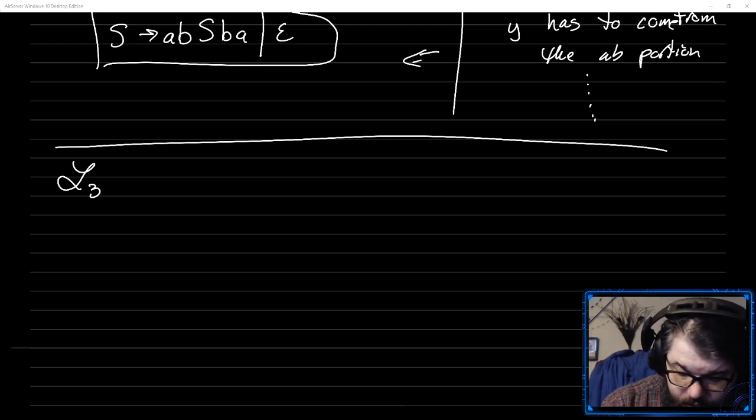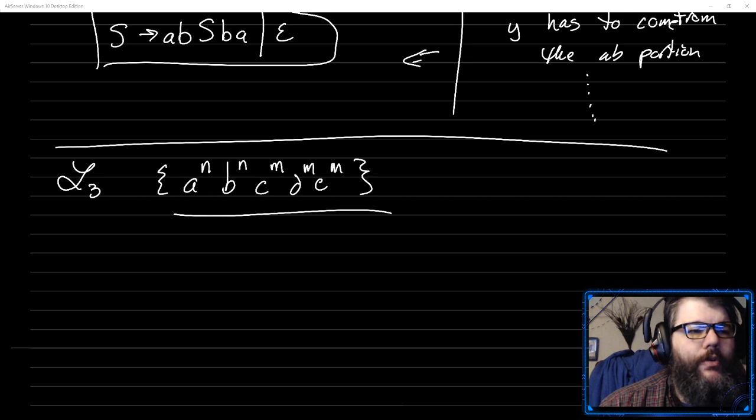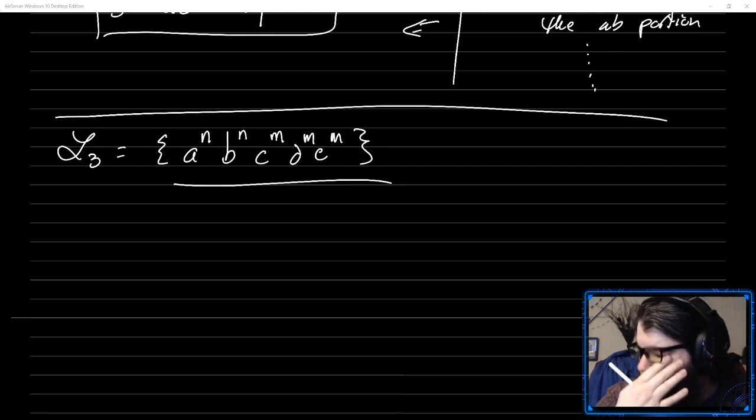What if we pick a language which is some number of A's followed by an equal number of B's, followed by some number of C's followed by an equal number of D's and E's in order, something like this. And this language is not context-free, and I want to show you how we prove it, which is a little different than how we would prove it in the regular case. So this would be our third bubble. This is the not context-free bubble,